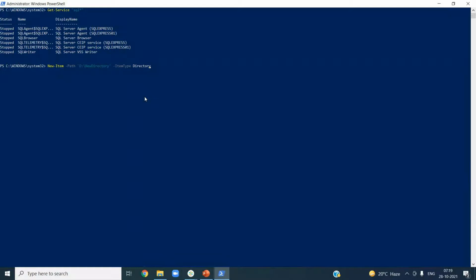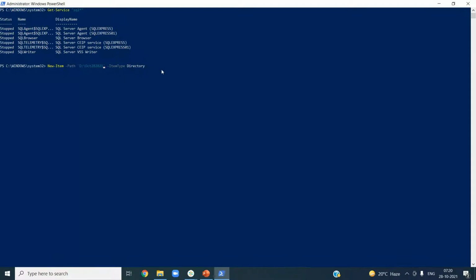So what it is going to do, you can give the name October 28 2021. So New-Item creates a new item in the path D colon October 28 2021, and this is of type directory.